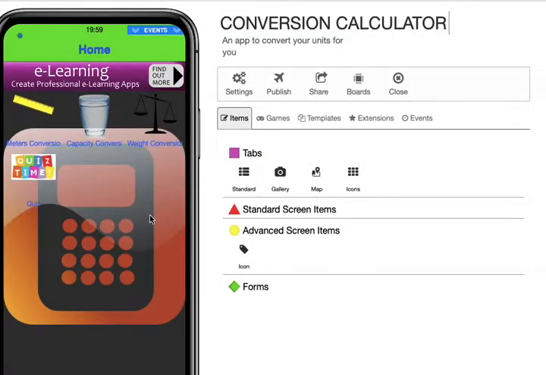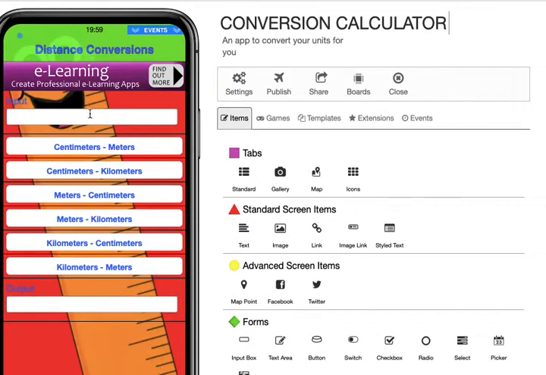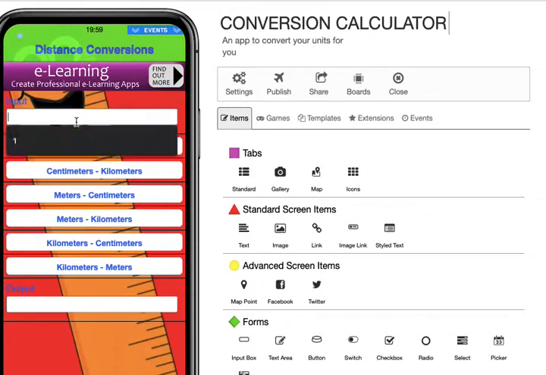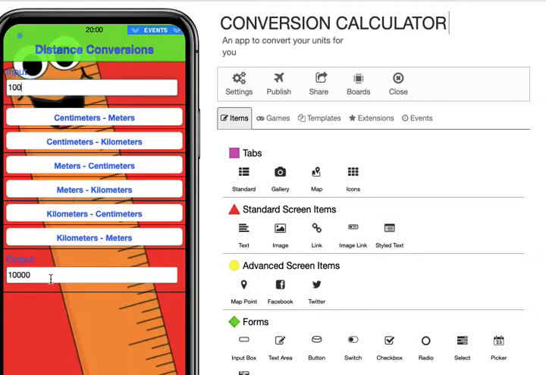And as you can see here, this is the home page, and it can send you to all the different tabs I have. If I click on meters conversion, it'll send me to the meters conversion tab. And here is where you can convert your units by just typing in how much you want to convert, clicking the button you want to use. So, for example, meters to centimeters, and I just double click on that, and it becomes